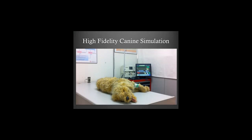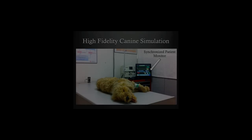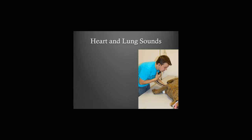In addition to physical feedback, a simulated patient monitor provides clinical data such as ECG waveforms, pulse oximetry data, and blood pressure synchronized to the physical feedback provided by the mannequin. Other physiologic feedback includes heart and lung sounds that can be evaluated by a stethoscope. Normal sounds, such as heart sounds, and lung sounds can be simulated,